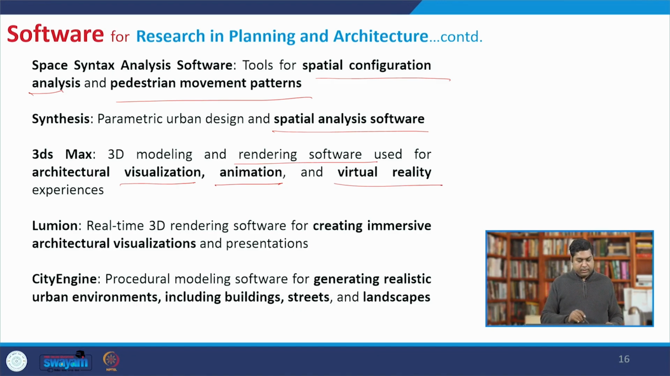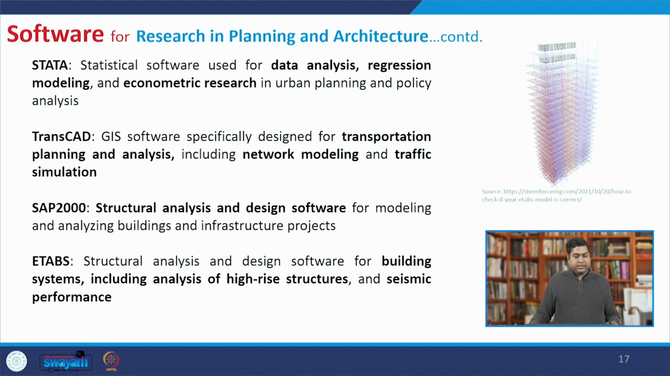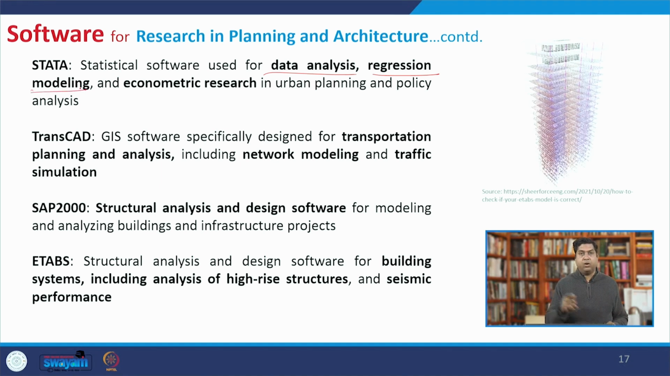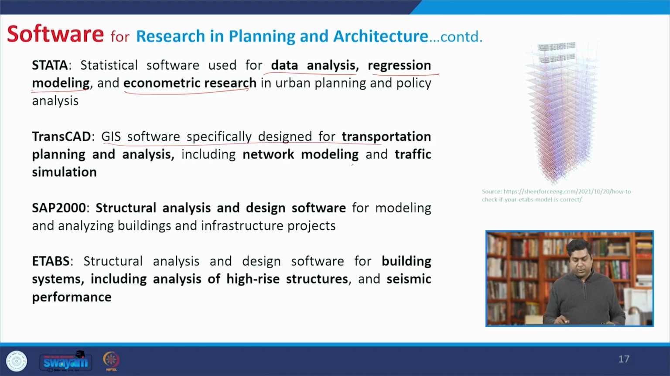Lumion is another real-time 3D rendering software for creating immersive architectural visualizations and presentations, which you can use as a VR input as well. CityEngine is a procedural modeling software for generating realistic urban environments, including buildings, streets and landscape. Stata is a statistical software used for data analysis, regression, modeling of different variables, and econometric research in urban planning, policy, etc. TransCAD is another GIS software which helps do network analysis for transportation